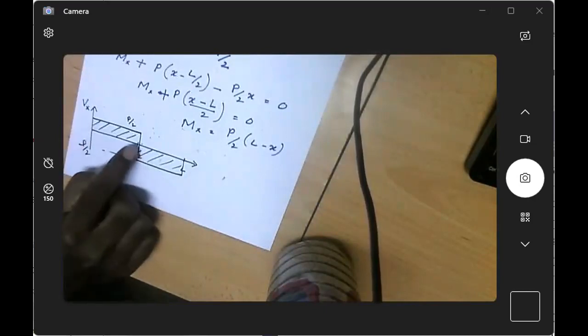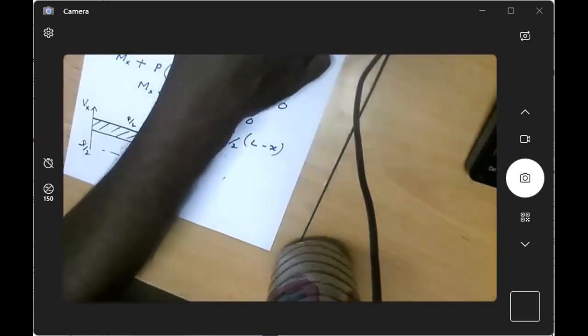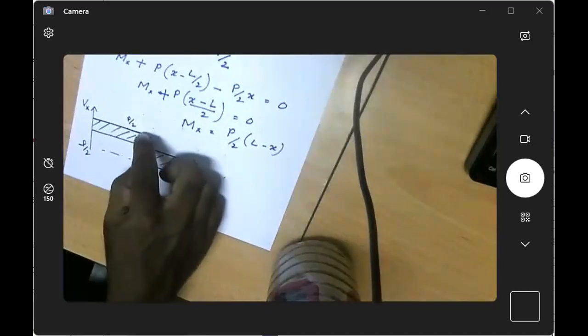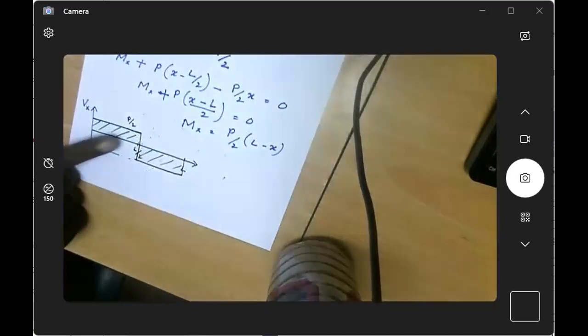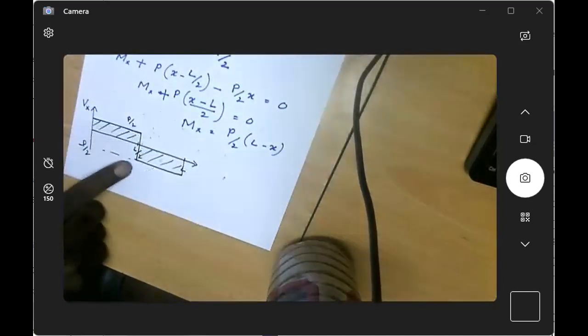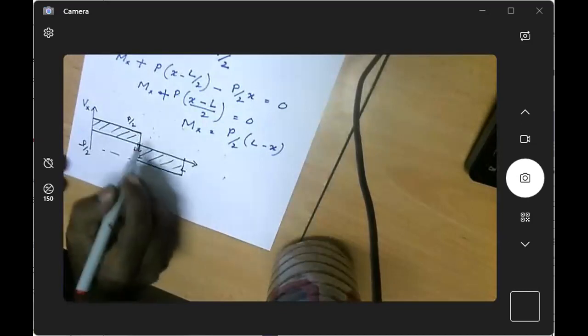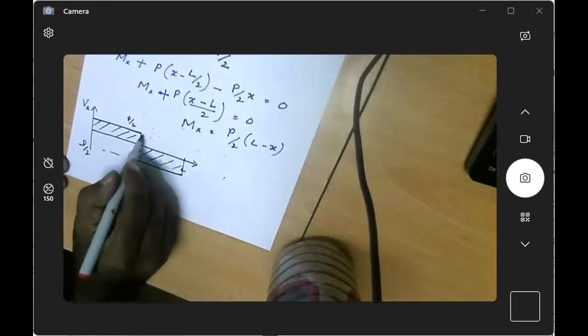And when it comes to point D, you can see that there's a downward force with value P, and exactly this distance is how much? From this point to this point, it is P. So remember, when you draw the shear force diagram, all the point loads must be